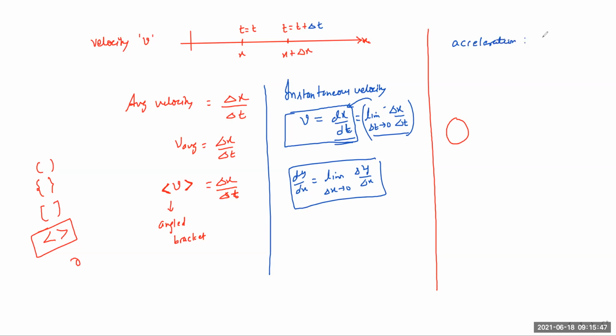What is acceleration? So again, dv by dt. You need to ask which one you are talking about, average or instantaneous. In your earlier class, you never realized that the acceleration which you used to solve questions